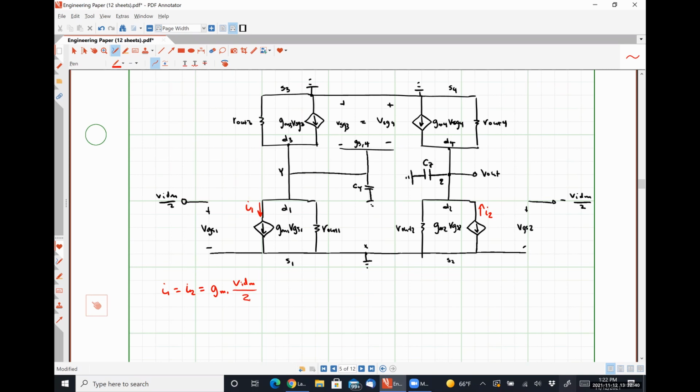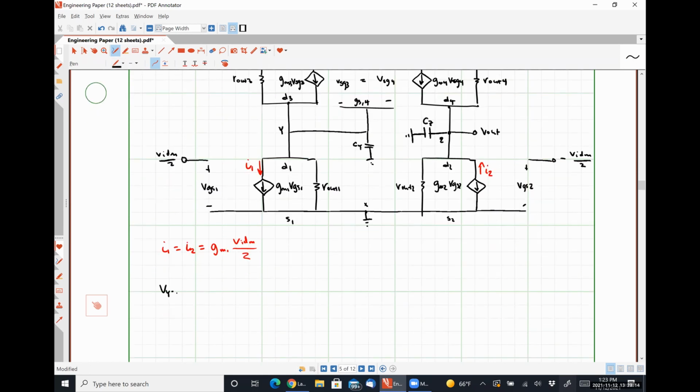And I can say that they're both GM1 because transistors M1 and M2 need to be matched, right? Okay, so since the current source representing transistor M3 has a current of GM3 VSG3 flowing through it, and a voltage drop of VSG3 over it, that current source looks like 1 over GM3 again, which means